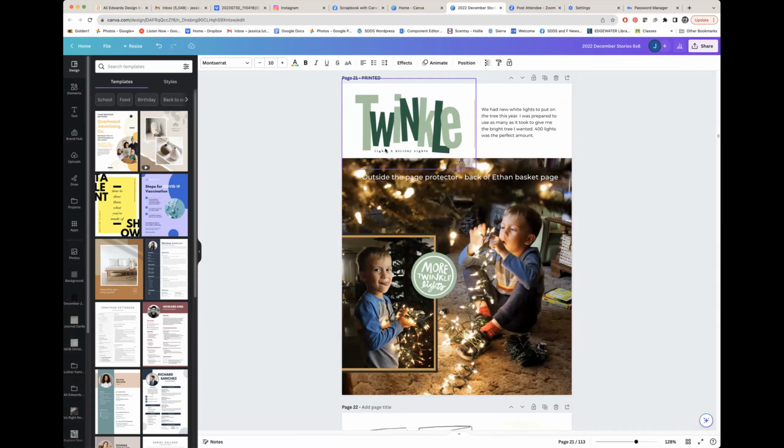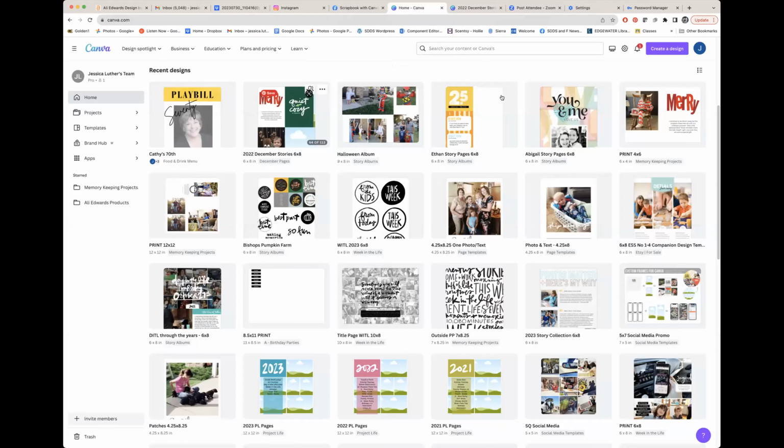I mocked it up right here so that I would have a visual as to how this is going to look. But this page is created in that other document that I showed you. Let's just pop over real quick. This is in,